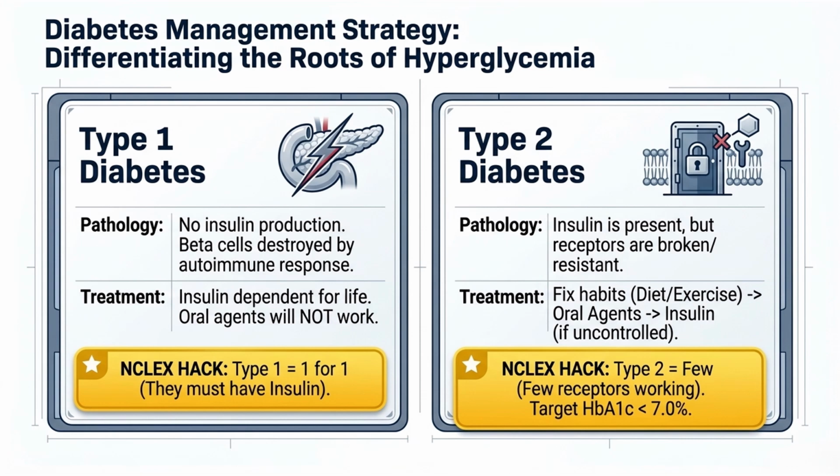So people with type 2 diabetes could not have to take any medication at all if they are able to control it with diet and exercise, or could only take pills and may never take insulin, or they might take insulin only, or take a combination of oral antidiabetics and insulin. So a little reminder here for type 2, few receptors are working. And then hemoglobin A1C, I don't know if y'all learned about that, but